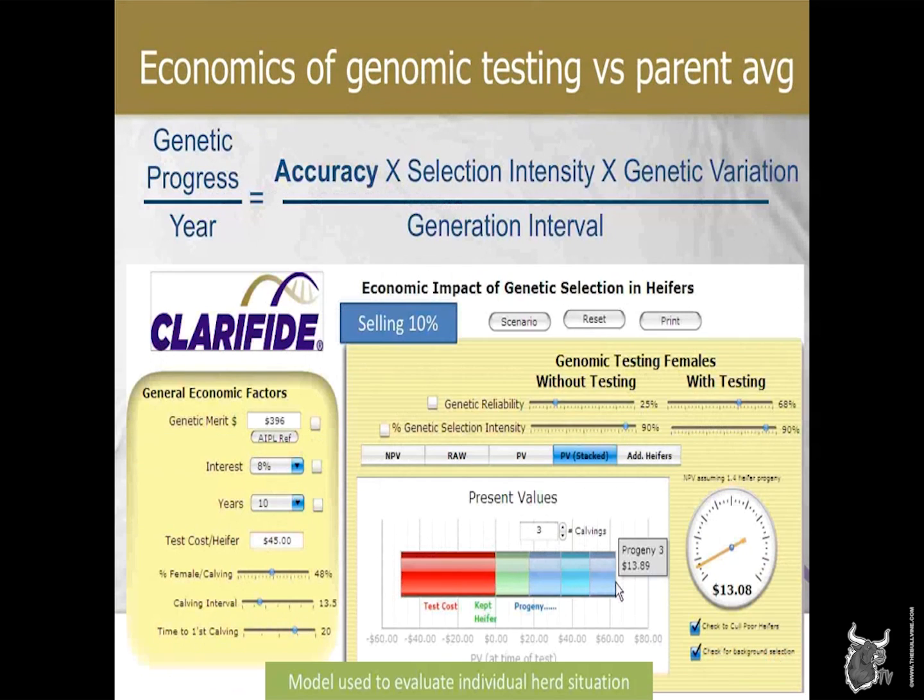Okay, next slide. So this graph and model, I have to walk you through very step-by-step here, was developed with Dave Galligan and Jim Ferguson, again at Pennsylvania. It uses a genetic progress formula to determine if strategy 2, which is genomic testing all animals at $45 a head to decide which 10% of the animals to cull, is a better decision than strategy 1, which is instead to use parent average information to make those same decisions at no cost. So if we click the slide one time, we can directly compare the inputs using this genetic